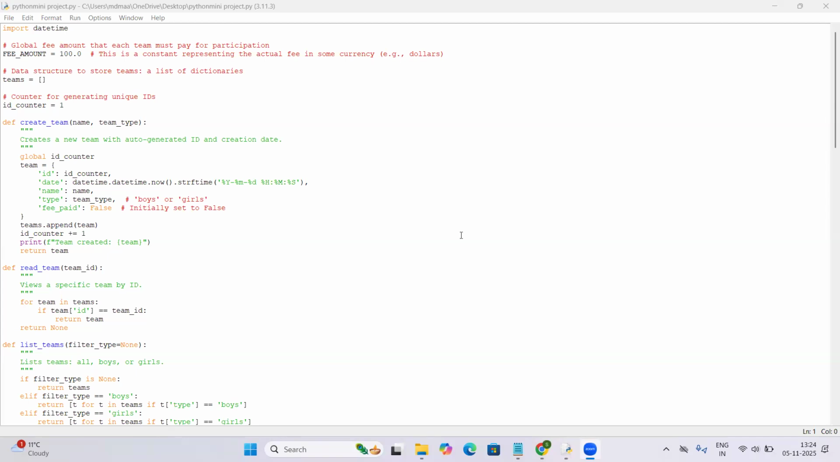Today I am going to give a presentation on a Python mini project, which is regarding a team management system. I will explain step by step and highlight how we use the menu system and how it works. Basically, this program is a CRUD operation, like creating, updating, reading, and deleting data for managing sport teams and fee